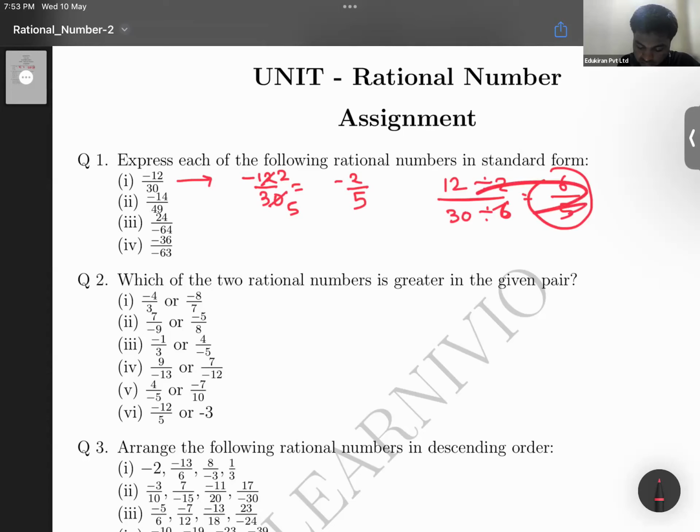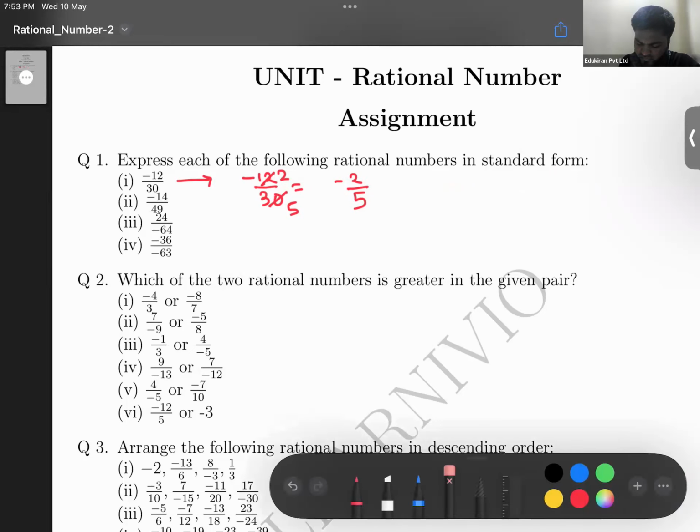It's like that we have to do it with the same number for the numerator and denominator. No, you don't have to divide the numerator and denominator with the same number. Okay,